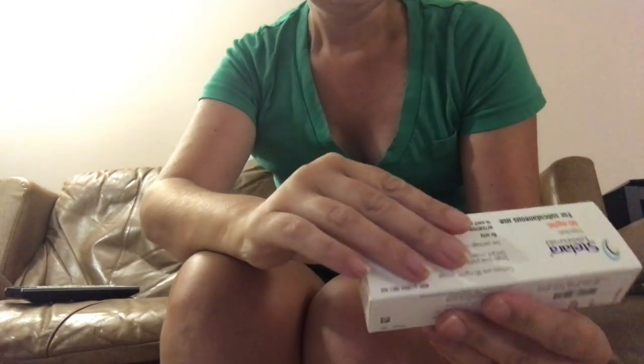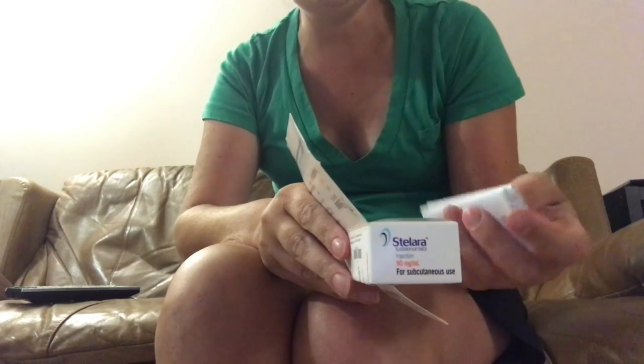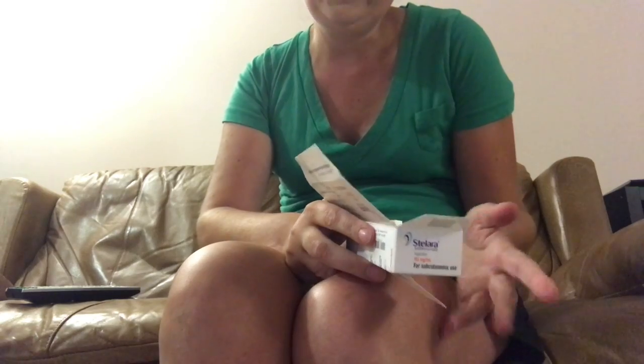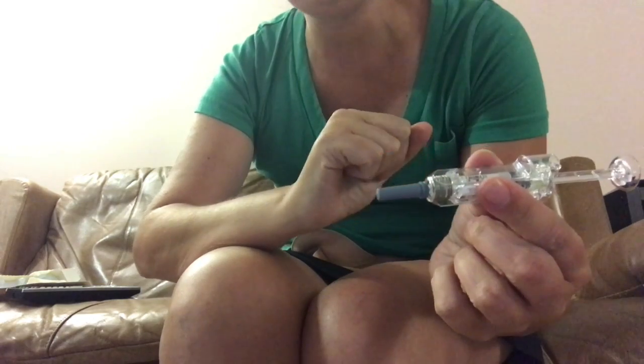Okay, so the Stelara comes in a box like this, and you just peel it open. So it comes refrigerated. It needs to stay refrigerated. However, I take mine out 20 minutes or so before I actually do the injection. I found with my Humira too that it hurt a lot less when the medication was a little bit warmer. So, I don't know. But anyways, here it comes in the little pre-filled syringe. So yeah, I love that it's pre-filled. You don't have to do anything. Medication's all right there. Little plunger, little safety cover. It's good to go. So, I'm going to take an alcohol pad